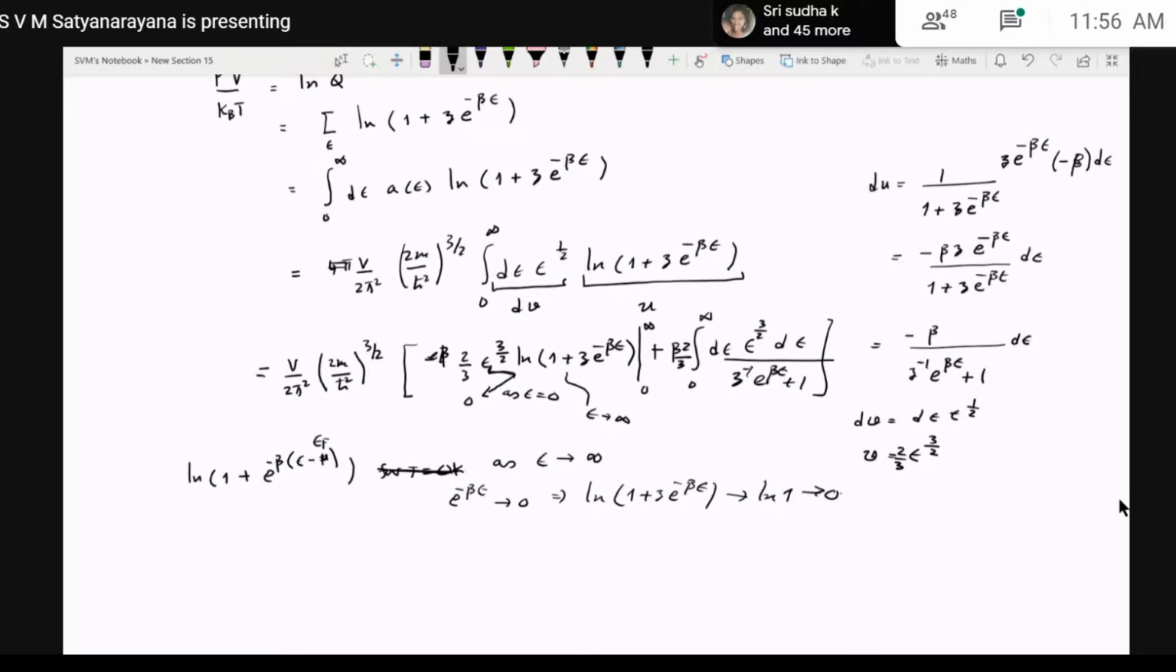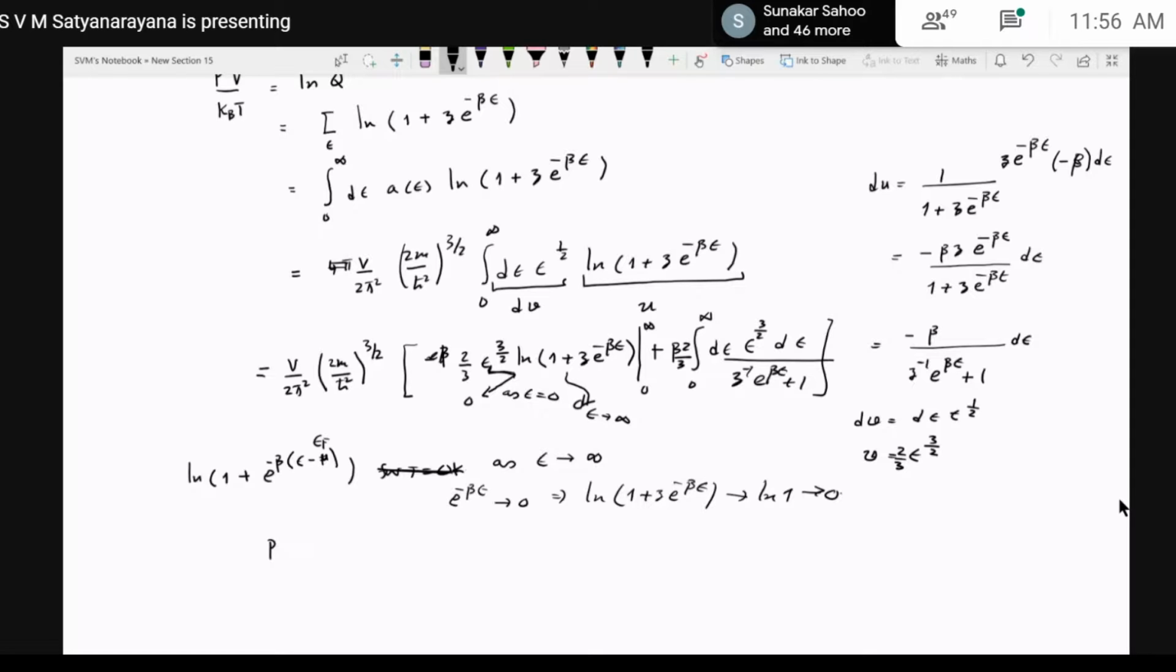Okay, so this term will go to 0 as epsilon goes to infinity. And as a result, this term will not contribute to this integral. So we have only this term in general. Okay. So I can write this one as